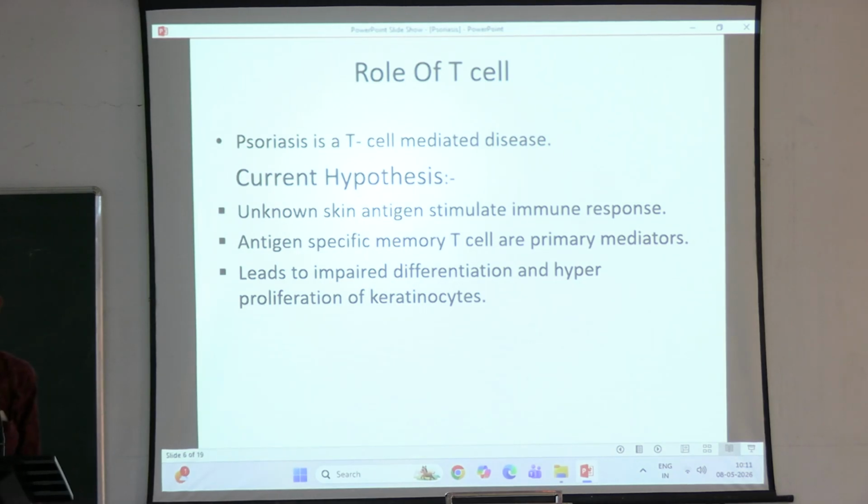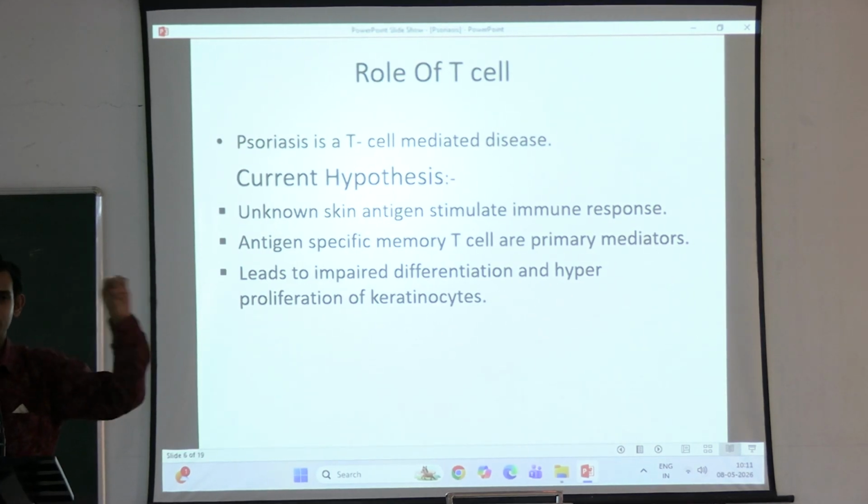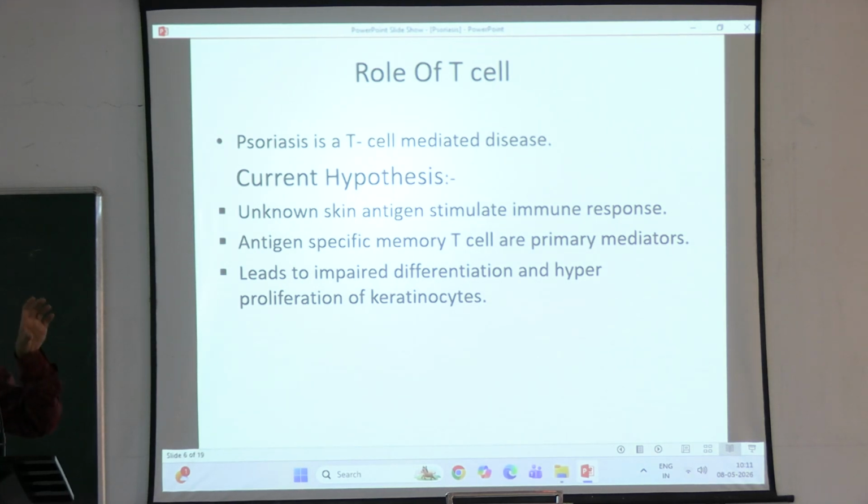So, how does it occur? Any type of environmental triggering factor, for example streptococcal infection or any viral infection or some streptococcal superantigen, whenever it exacerbates the disease in a genetically susceptible individual, it usually activates the immunogenic T cell. In the epidermis, the upper layer of the skin, the CD8 T cells are most commonly found, and in the dermis the CD4 cells are predominantly found. Whenever any triggering factors are found in a genetically susceptible individual, it stimulates the CD8 plus T cell, and when the CD8 plus T cell is stimulated, it produces the TH1 mediated response,